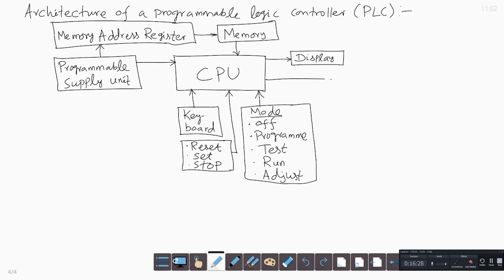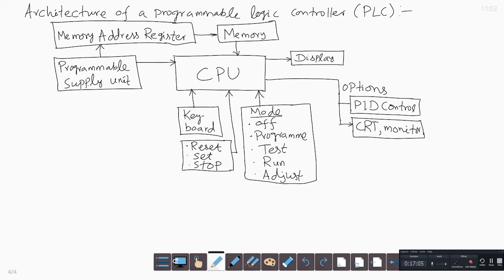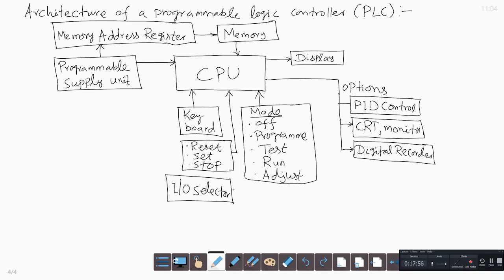Then from the CPU we have different options, like we can have PID control, CRT monitor, and digital goes to digital recorder. Here we have the input output selector, and we have